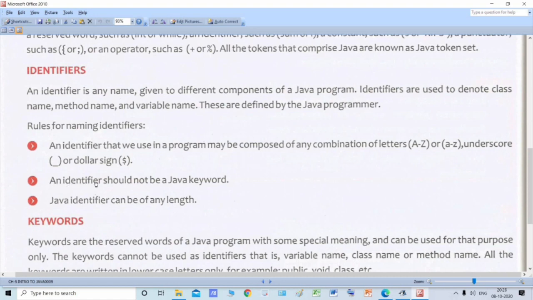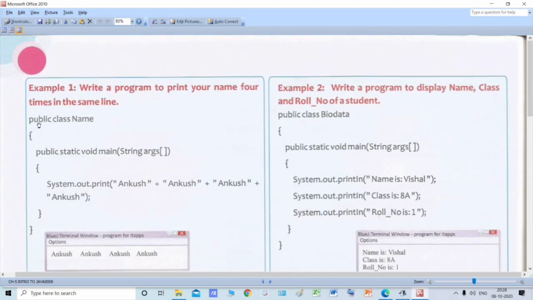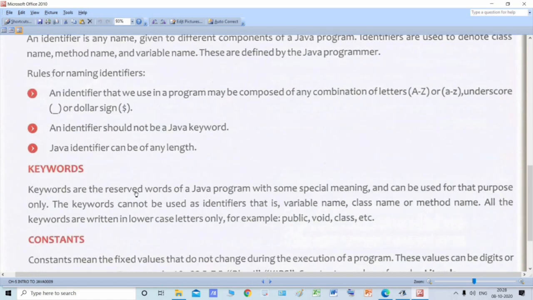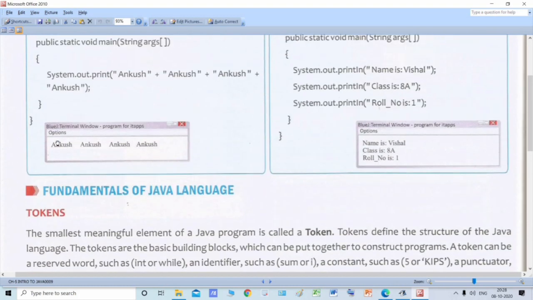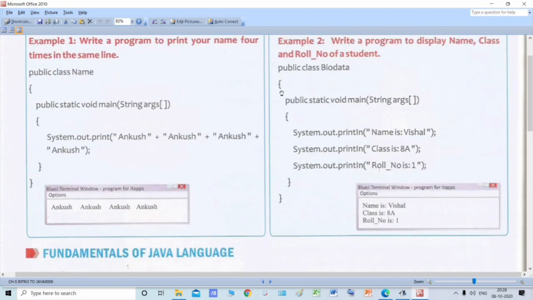An identifier name should not be a Java keyword. I told you that this public word is a keyword. Keywords are the special or reserved words of Java, so you cannot use a keyword as your identifier name. For example, here biodata is the name of this class. So you cannot write public class public as your class name, because public is a keyword.